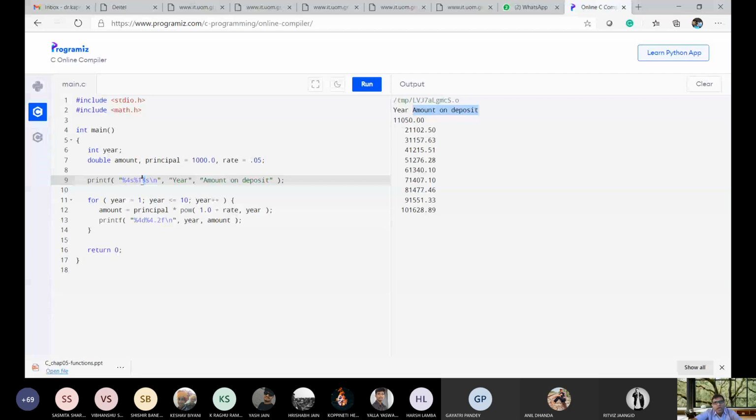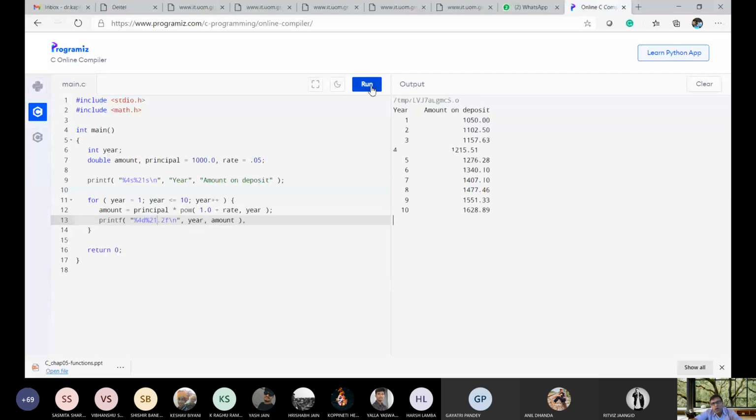And here also, because I want to align this number, left alignment, for this purpose I had written right, not left. So now this is the output. It will give you beautified output.